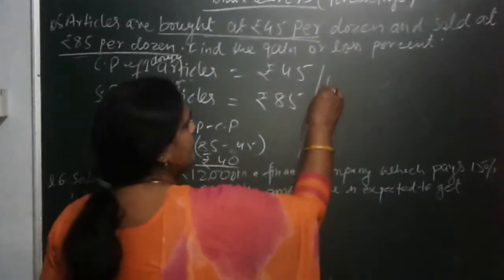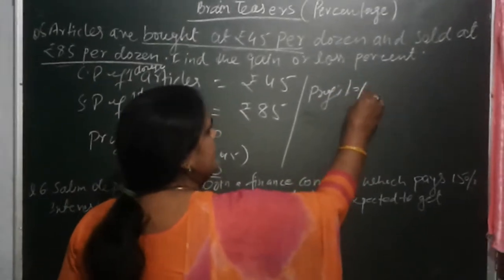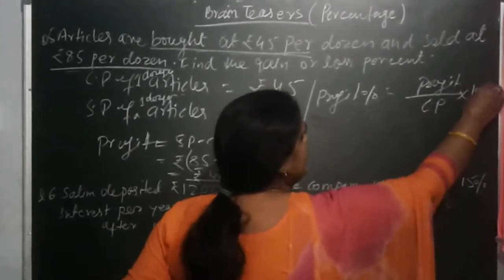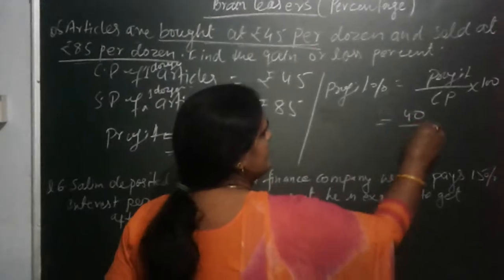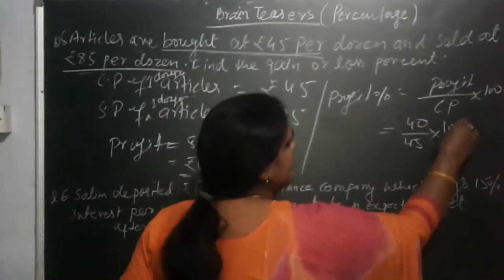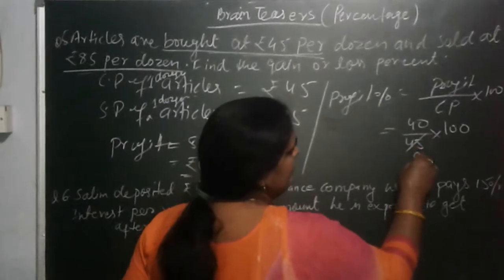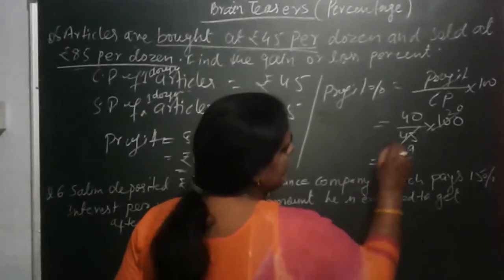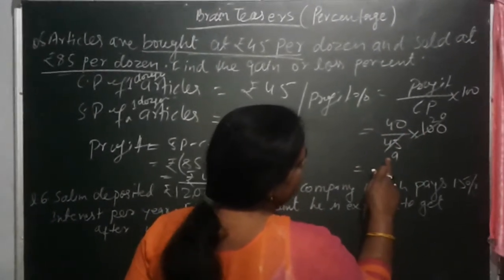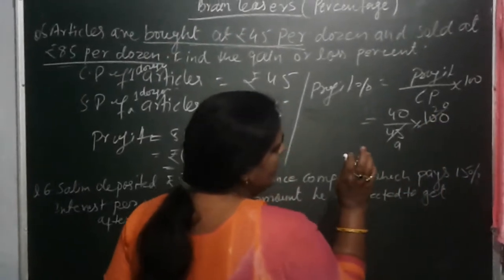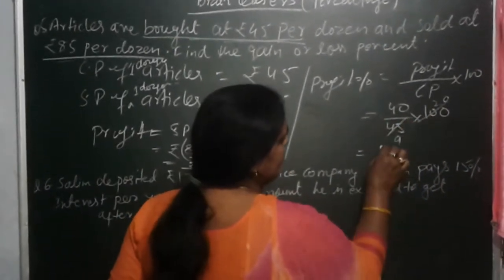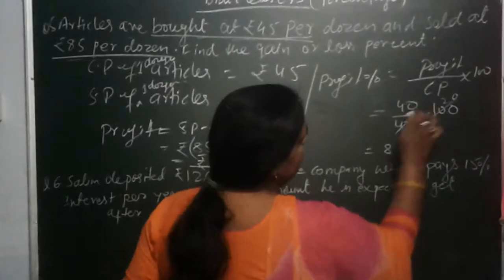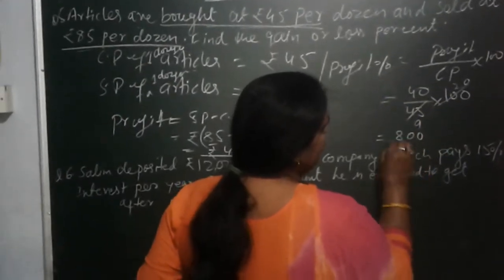Okay, so you have to find out the profit percent. Profit percent is equal to profit by CP into 100. Now profit is 40 rupees, CP is 45 rupees, into 100. 5 9s are 45 and 5 2s are 10. Again children, 4 2s are 8, 5 9s are 45 and 5 2s are 10, 20. It will not reduce any further. Next, 4 2s are 8 and 4, 4 2s are 8 and 20 divided by 9.